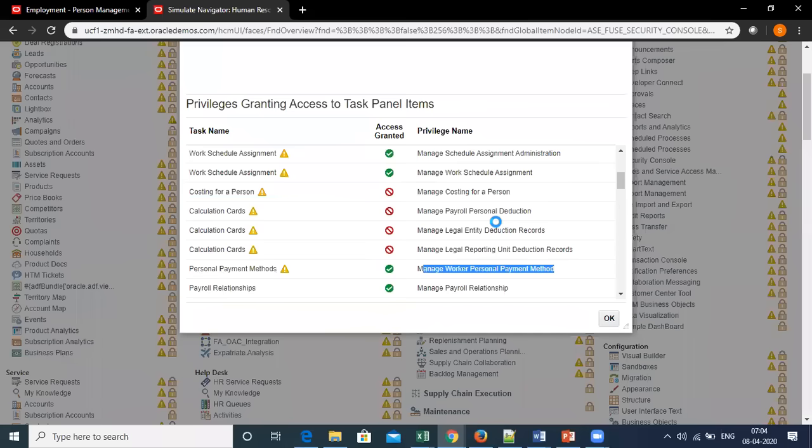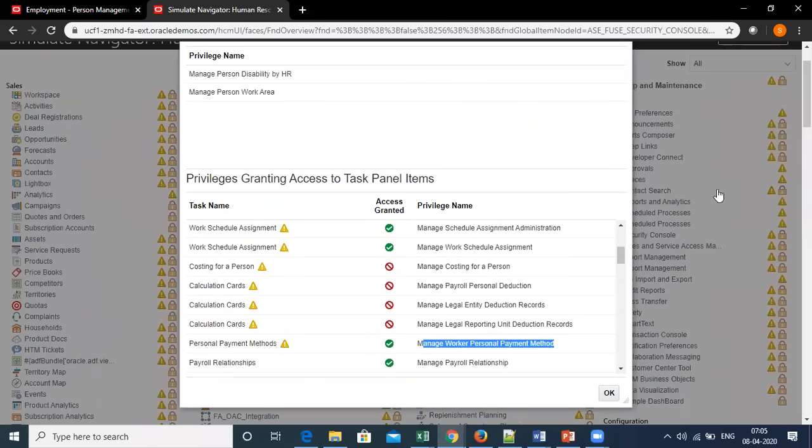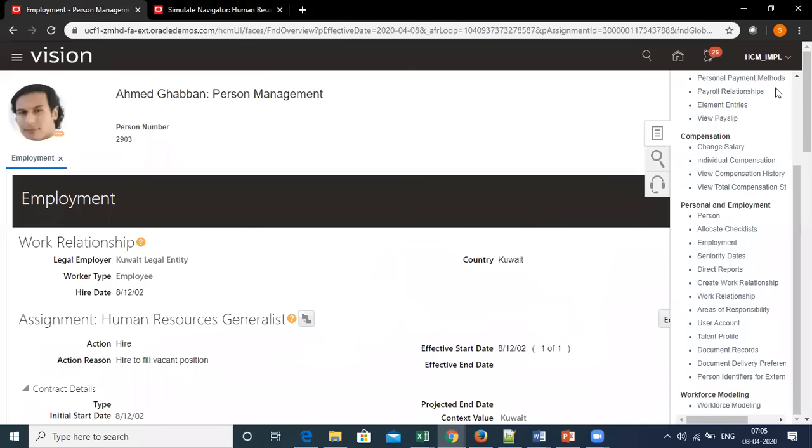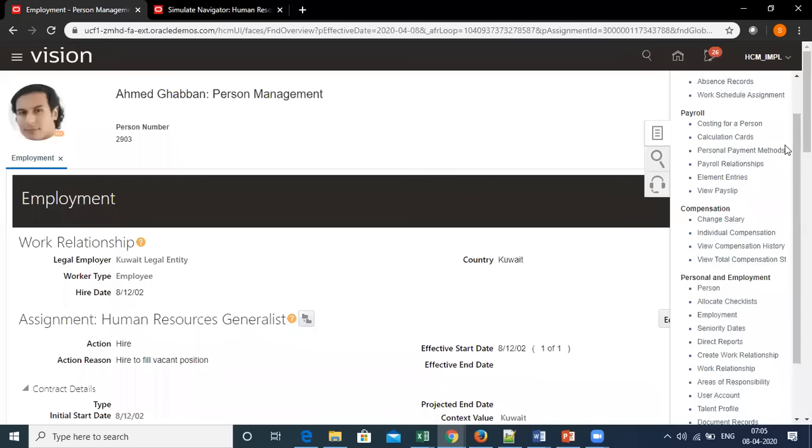Now when I remove this privilege from the role, this action will be discarded from the task list over here. So this is how we can control the task actions from each role.